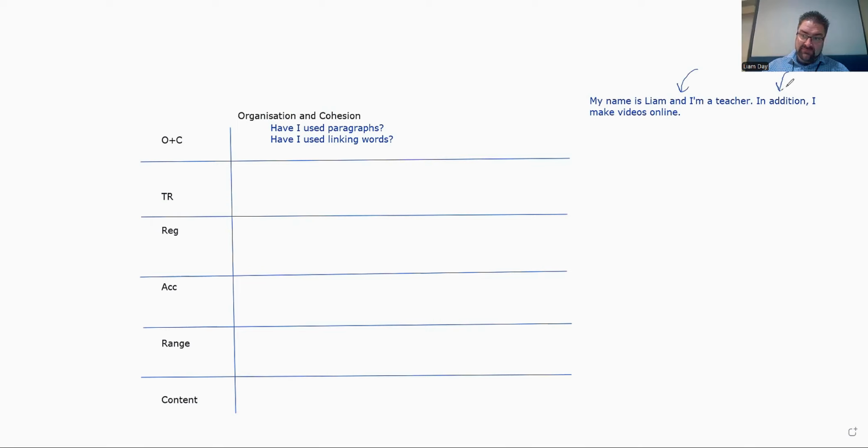more advanced one. If you're starting a new sentence, don't forget your comma. In addition, however, things like that. And finally,